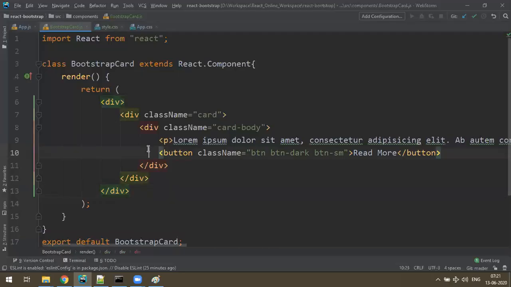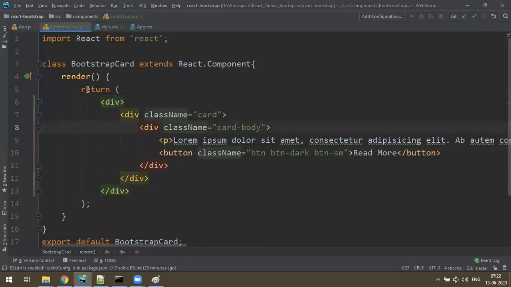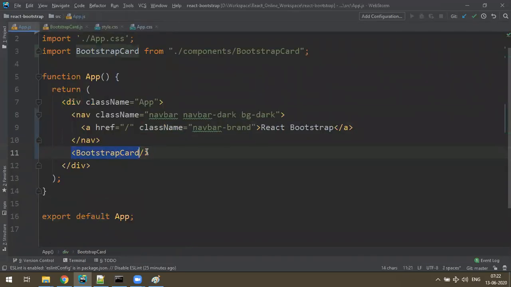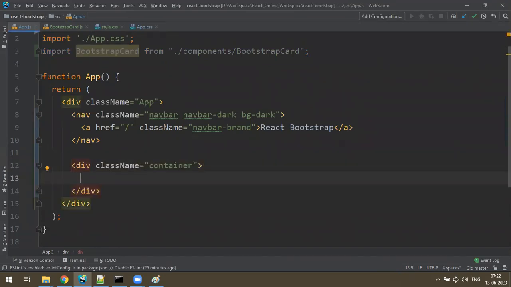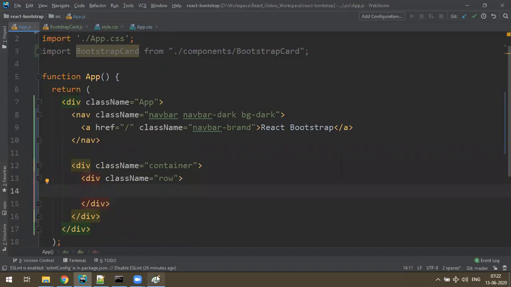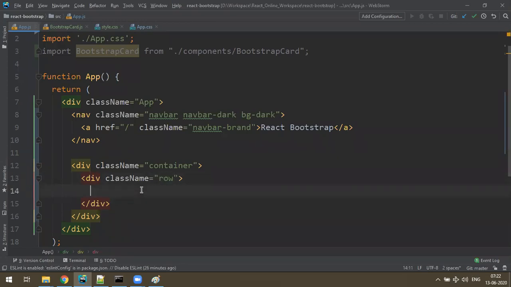Okay, nice. I don't want this card to occupy the full screen. I wanted to make a small card over here. So if you want to do that, you need to go for the grid system of Bootstrap. What I do is, back to app.js. Here, see, I'll just make some container or something. Here, I'll take one container of Bootstrap, in that one row. Okay, because my plan is I want to design the cards in this way. So this is one container. In that one row, 3 columns. First column you have a card. So I made a row, in that a column